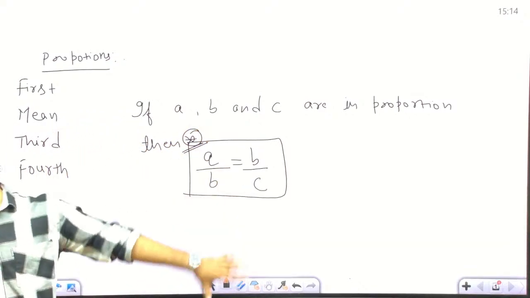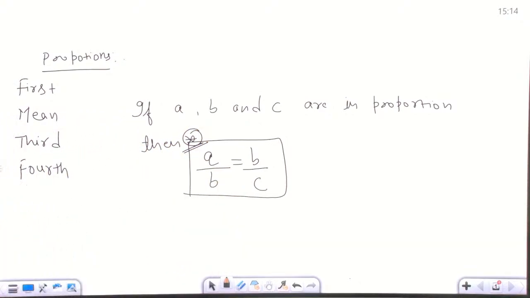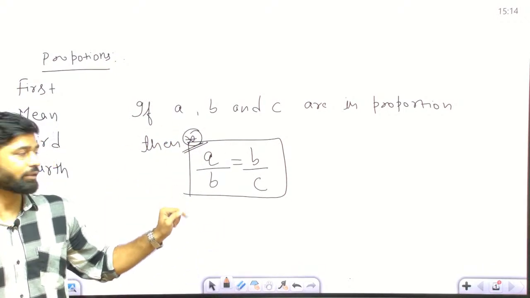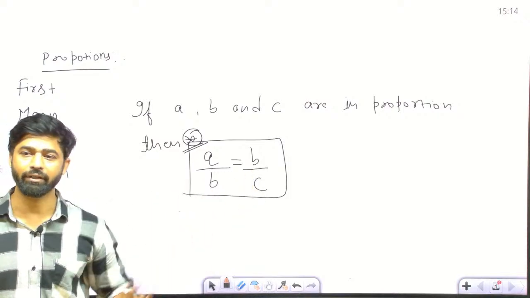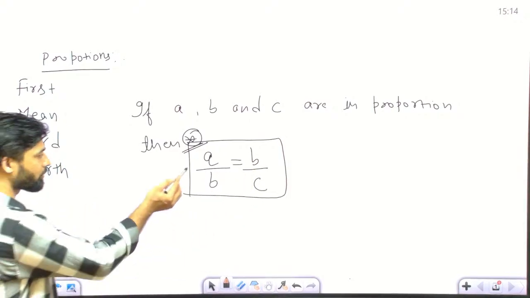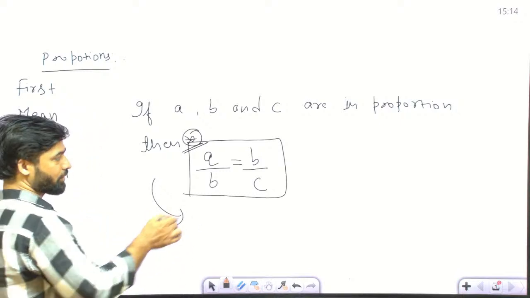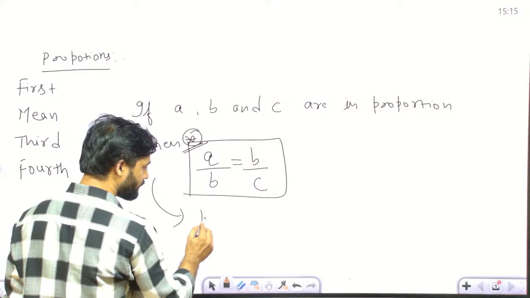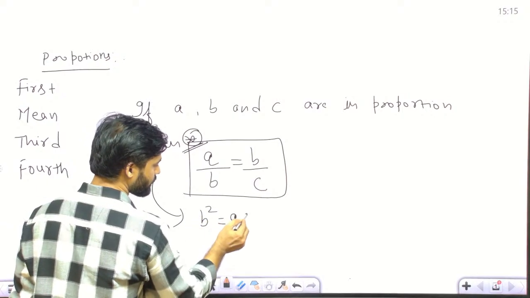This is the whole concept. I'm repeating. If three numbers A, B and C are in proportion, then the arrangement will be like A by B equals to B by C. If you further solve it or do cross multiplication, then cross multiplication will give you B into B, that is B square equals to